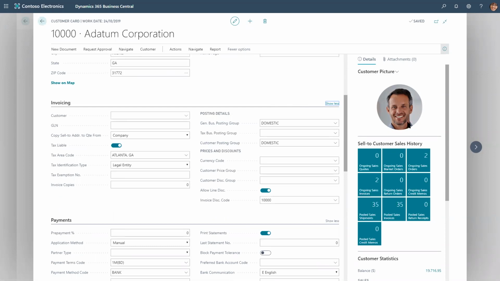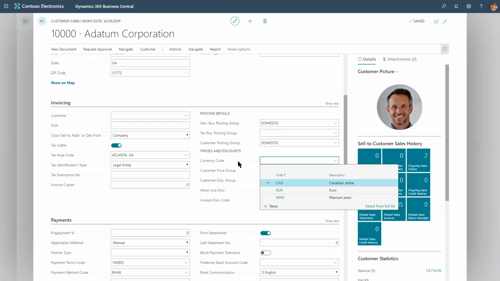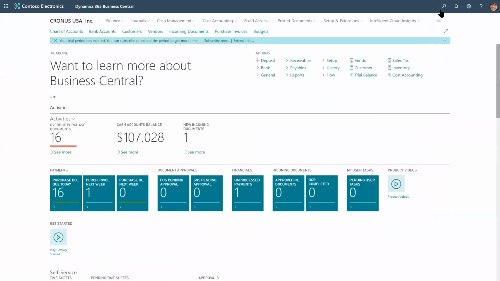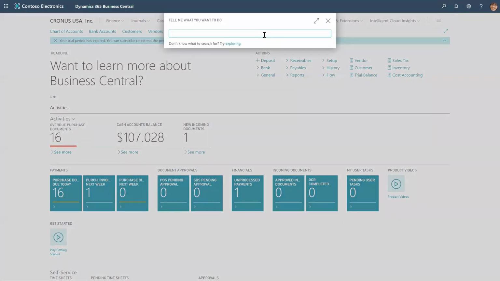You can see the picture of the customer contact. And here, once again, if I take a look at my invoicing tab related to any accounting process, I have some specific setup. This is a domestic customer. And once again, I'm presented here with the currency code field in order to update the information accordingly. Basically, that's the idea. Now, if we actually work with currencies, it's super, super important sometimes